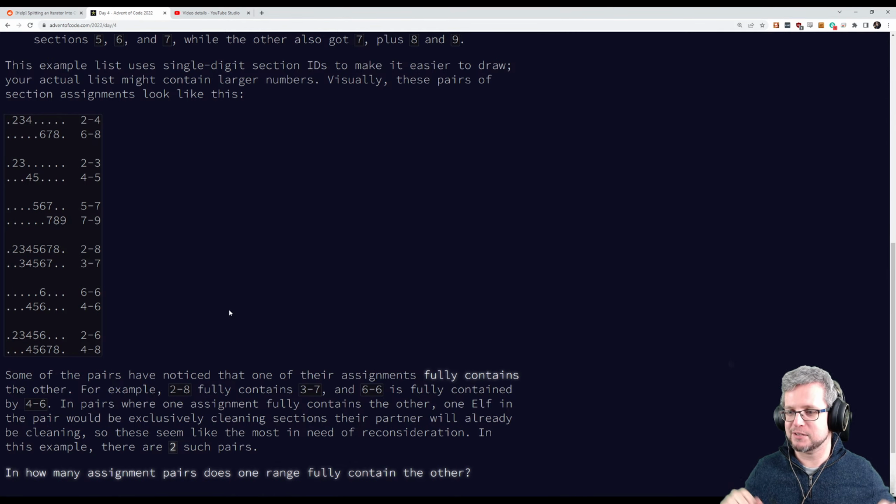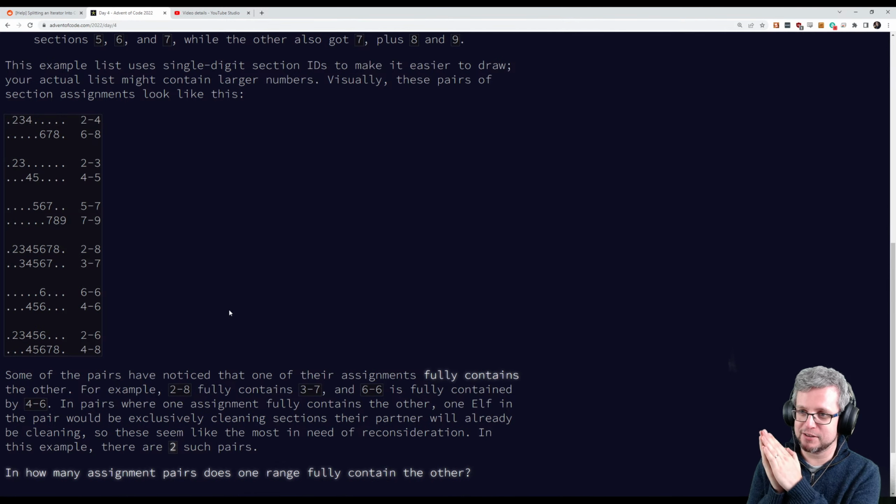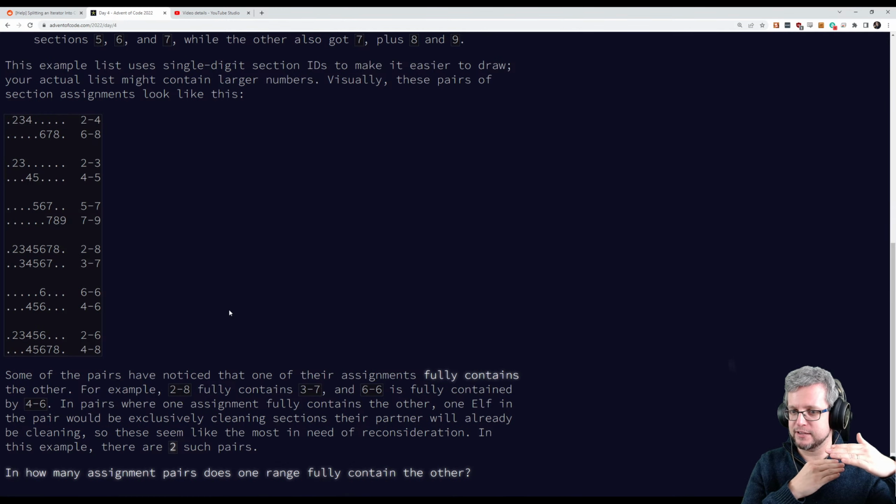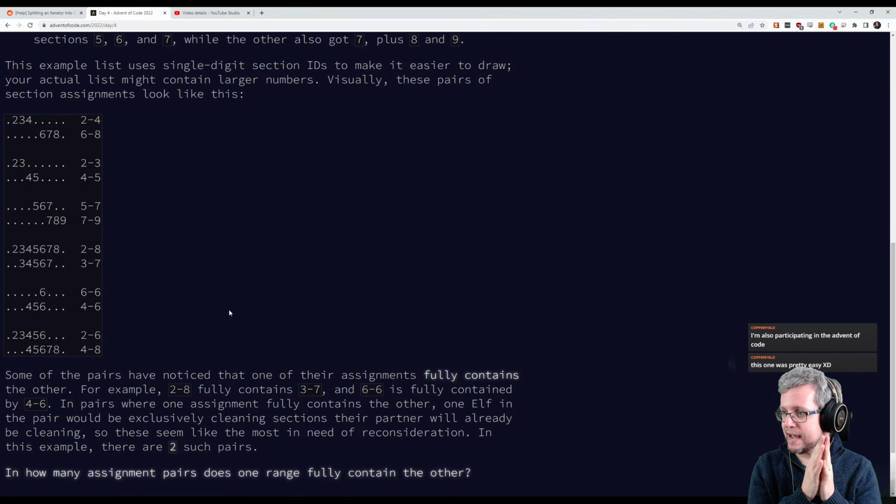If we look at assignment of bits, in a byte we have 8 bits, and in a number of different bytes we can have even more bits. If we set the bit at each position, so let's say 2 to 4, we set bit 2, bit 3, and bit 4. This is one way of doing it. I'm not saying this is the right way of doing it. Set bit 2, bit 3, bit 4, and then we have bit 6, bit 7, bit 8, and then we do a bitwise and between the two. Then if that is equal to one of the two,